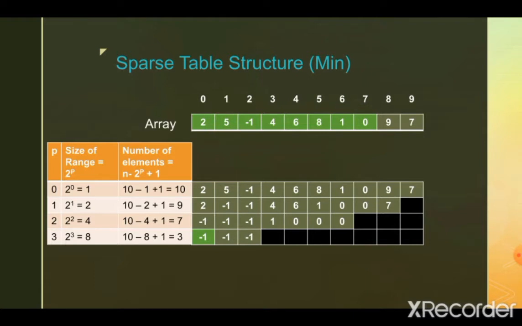Finally, let's see what the final row of the sparse table contains. The first element of the final row contains the minimum value for range from 0 to 7 as highlighted. The second element in the final row contains the minimum value for range from 1 to 8 as highlighted. And finally, the last element in the final row contains the minimum value for range from 2 to 9 as highlighted.